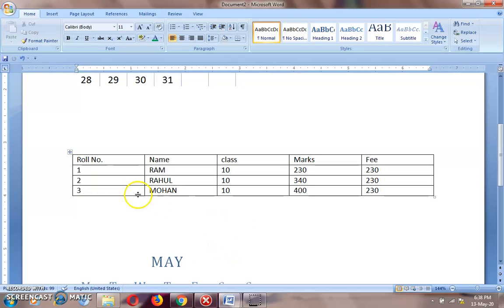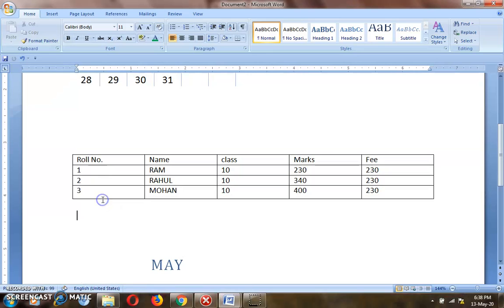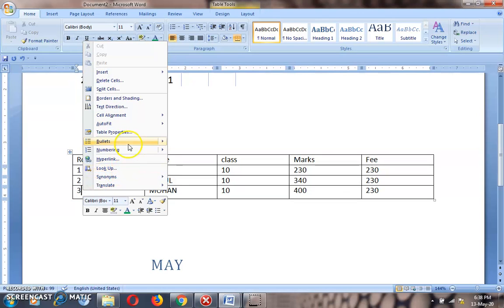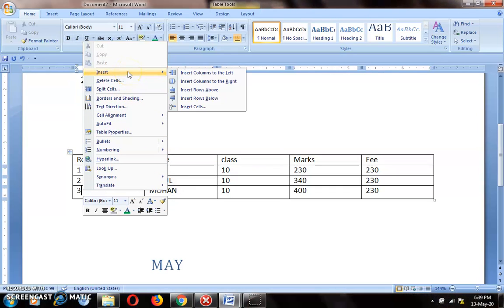If we want to add or insert a row in a table, then just click in a row, then right click, then go to the insert option in this pop-up menu, and there are other options available here, like insert column to the left, insert column to the right, insert row above, insert row below.